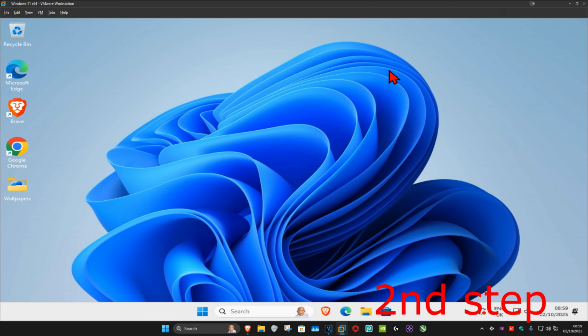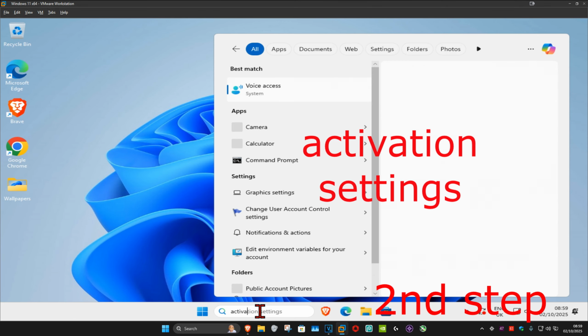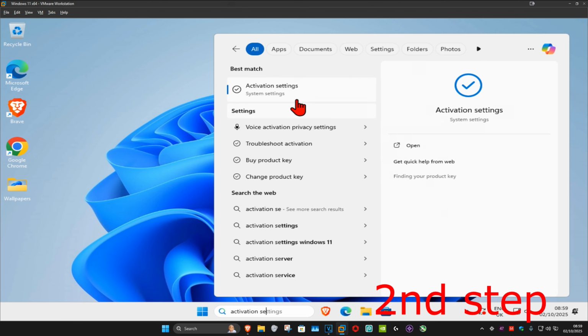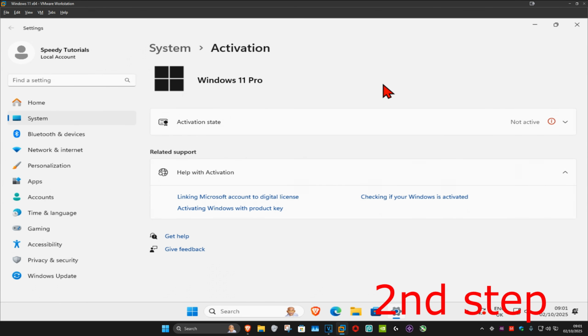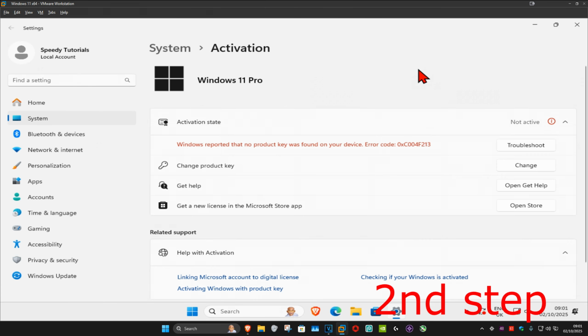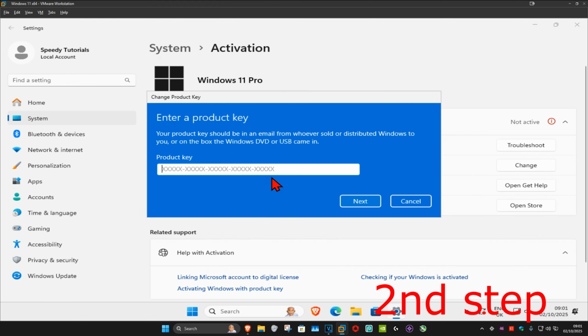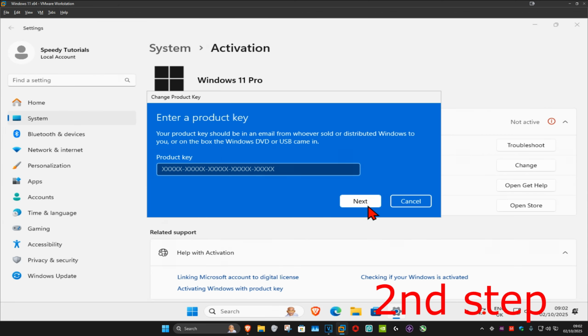For the next step, you want to go to search and type in activation settings. Click on it. Now once you're on this, there are some things that we can try. So you want to expand activation state. Now we're going to click on change. You want to type in your product key again. Maybe you typed it in wrong, or maybe there was an error or something. Just type it in again, make sure that it's spelled correctly, and then click on next, and then see if